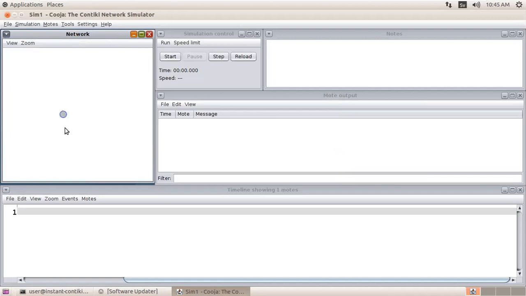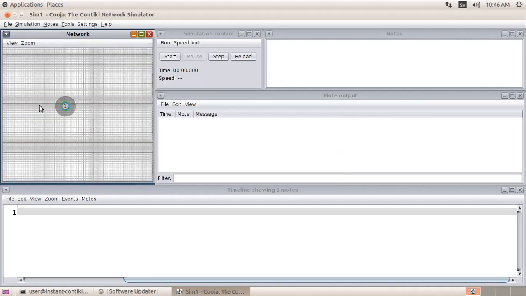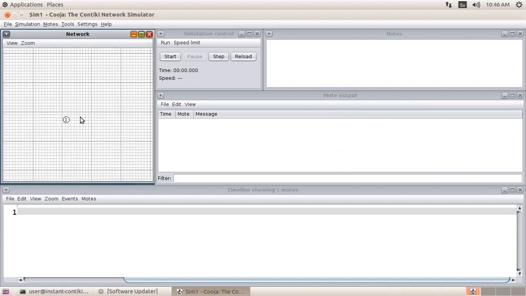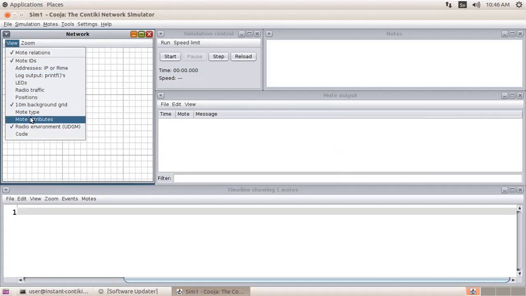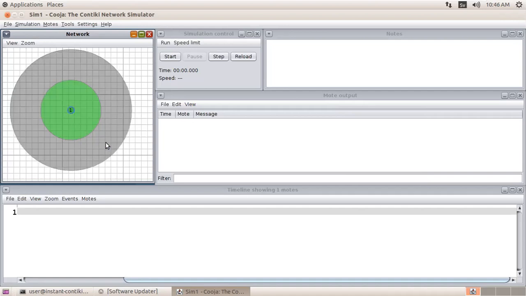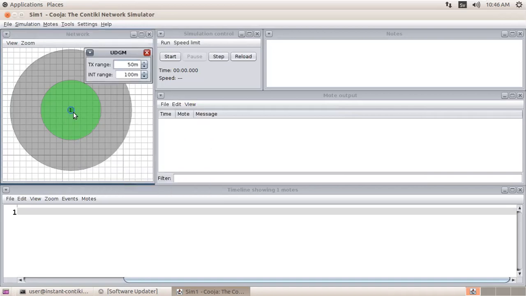And for that, what we are going to do is click on the view button, where we can see the mote ID first of all. Then we can see the environment. You can see over here, right? The graphics get changed when I click over there, and you can see the grid that I want for better understanding. You can see it this way, so that I am able to utilize the space more efficiently. And you can see the type. So the green type here, in this particular case, is used for sink, right? And you can change the transmission range over here by clicking it, right.